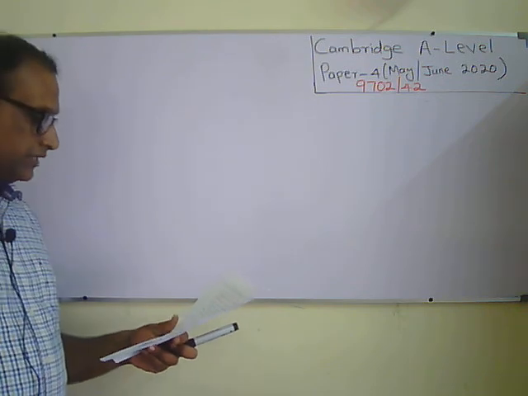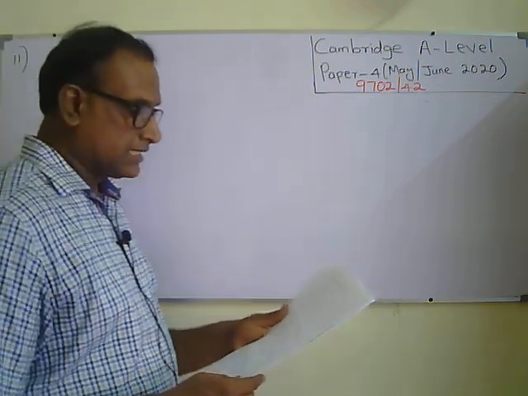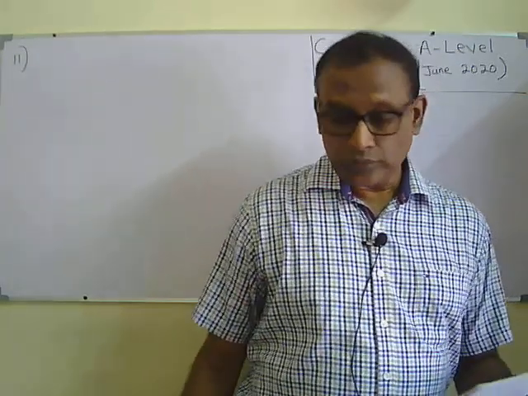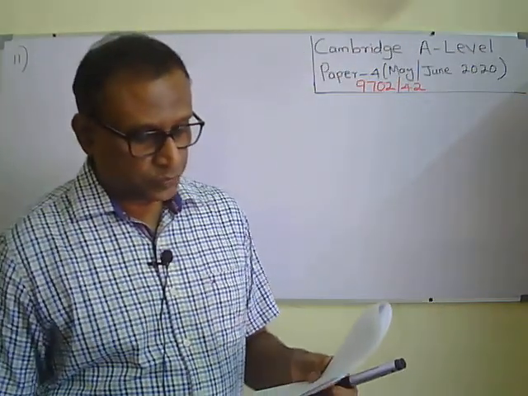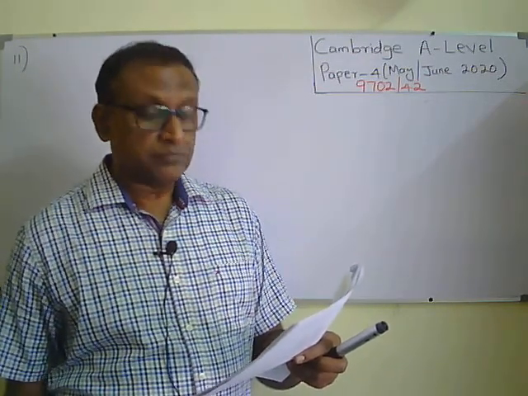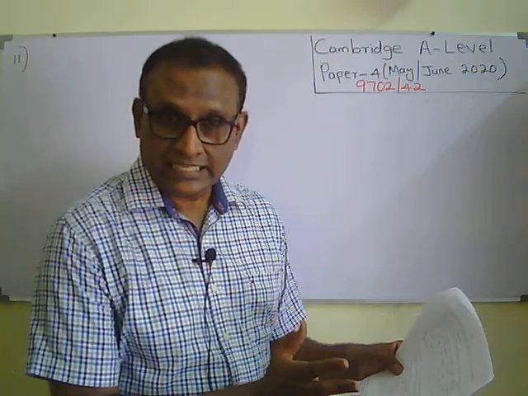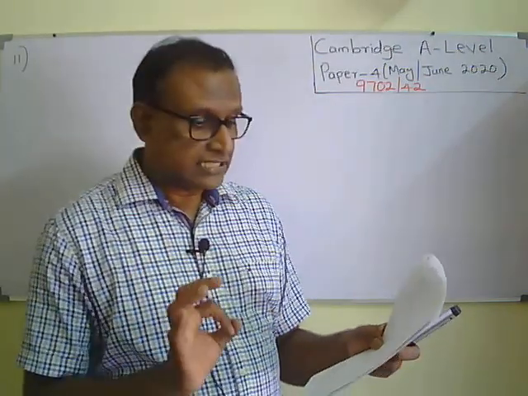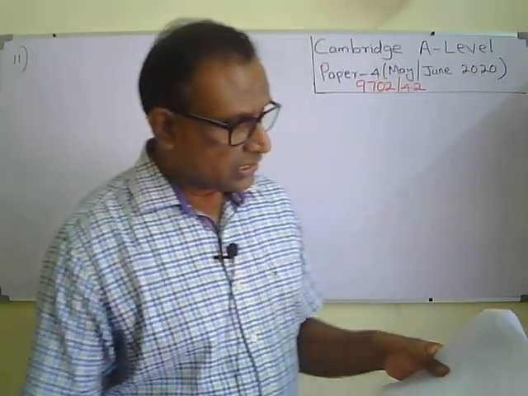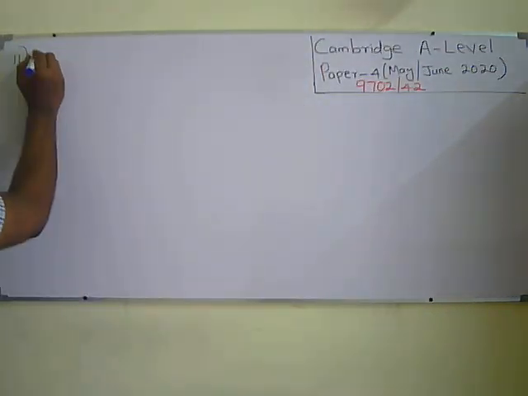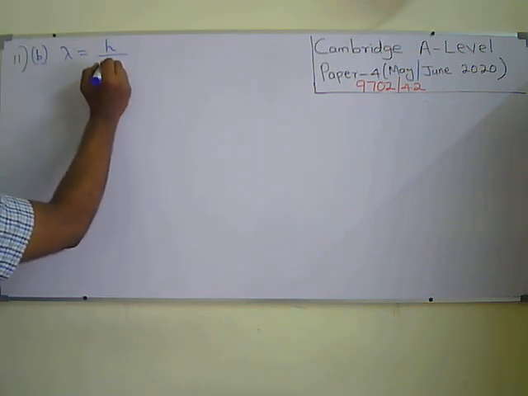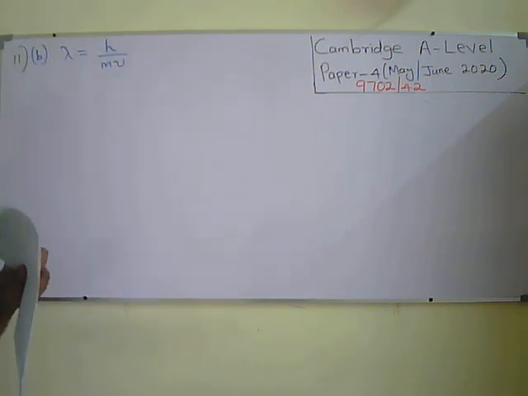Okay, question number 11. The structure of a copper crystal is to be examined using electron diffraction, and the de Broglie wavelength of the electron is given as 2.6 times 10 to the power minus 11 meter. They asked to calculate the potential required to accelerate the electron to obtain this particular de Broglie wavelength. We can use lambda equals h over p, lambda equals h over mv, that's the equation for de Broglie wavelength.